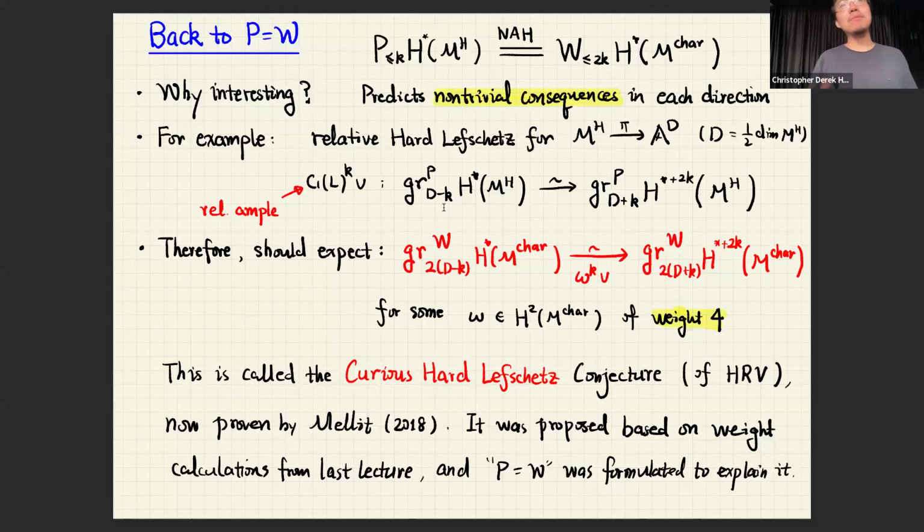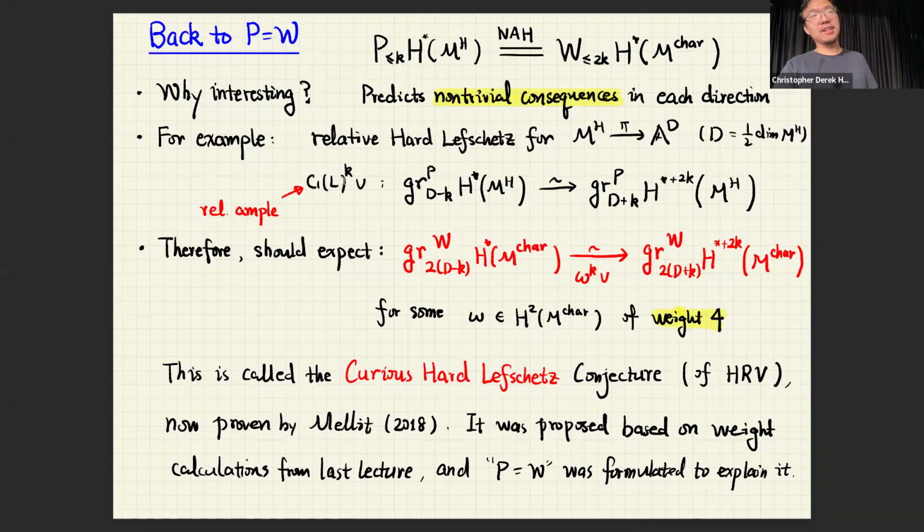The natural question is, what happens in the relative setting, where it's a proper or projective map? Even to formulate this for the global cohomology, you have to use the perverse filtration. This might be the first place where, for many people, the perverse filtration shows up. So this is the statement of the relative hard Lefschetz.